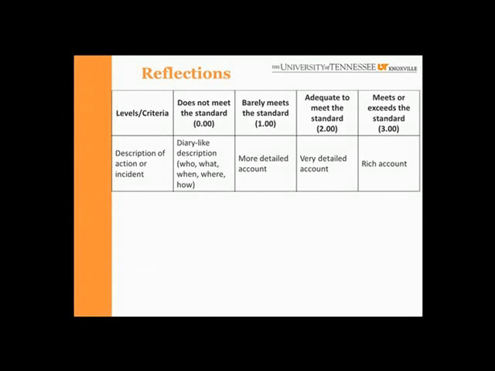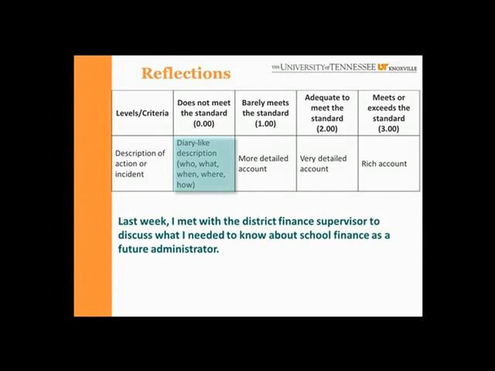First, let's talk about this first criteria, the description of the action or the incident. And first we'll look at an example of a diary-like description which does not meet the standard. Here we have an example of just some basic information, and if that's as far as you're going with the description of the event, then that would not meet the standard.